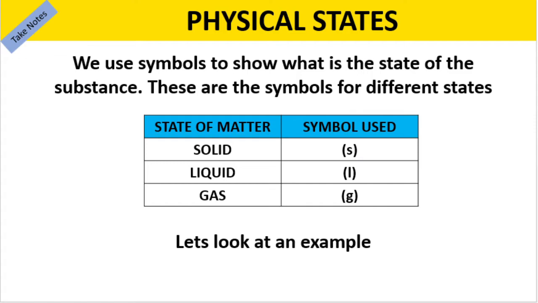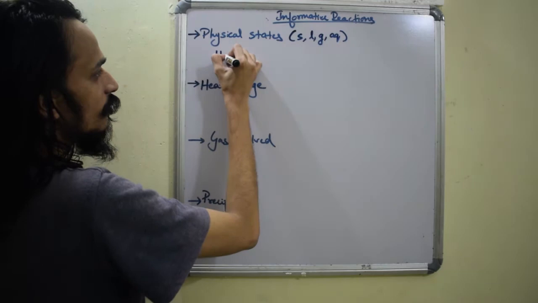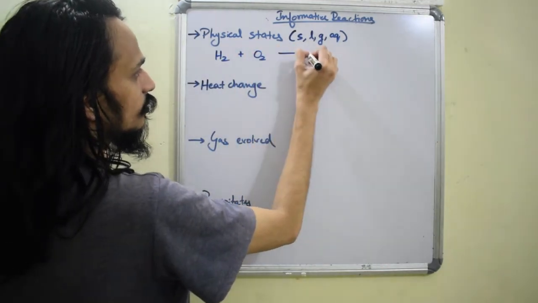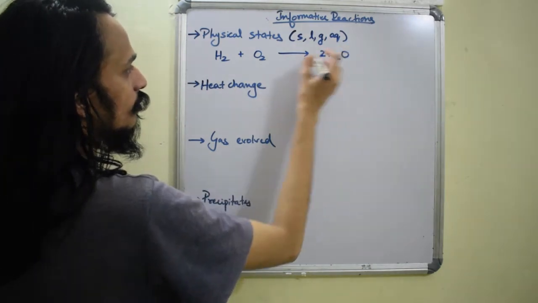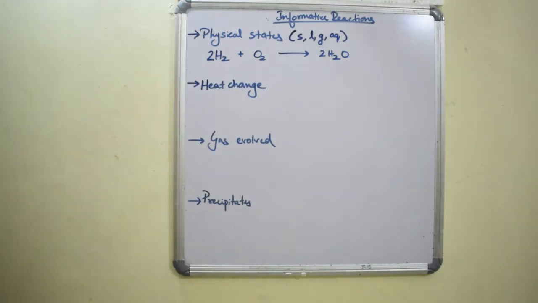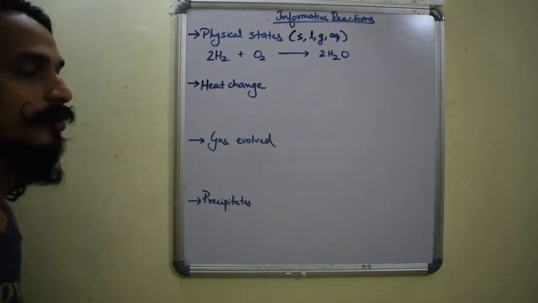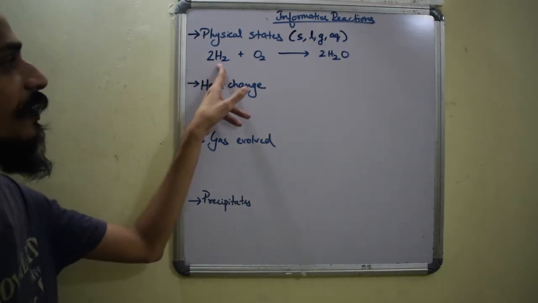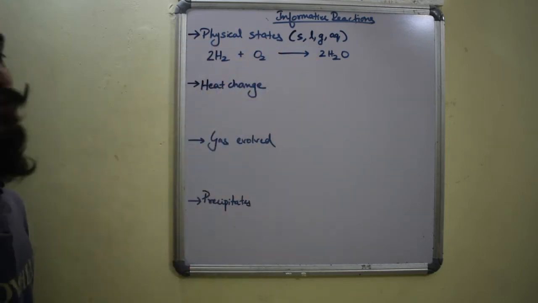I'll give you an example for a reaction here, which is formation of water. For that reaction, this is how we write it: H2 plus O2 gives rise to H2O. So this is the balanced equation for that formation. Two hydrogens, one oxygen gives two water molecules. Now I don't know yet in which state of matter hydrogen is. So when I mention that, I have told about the physical state.